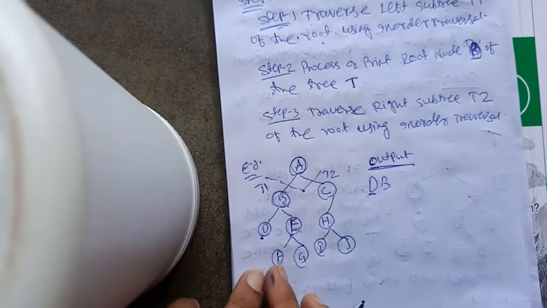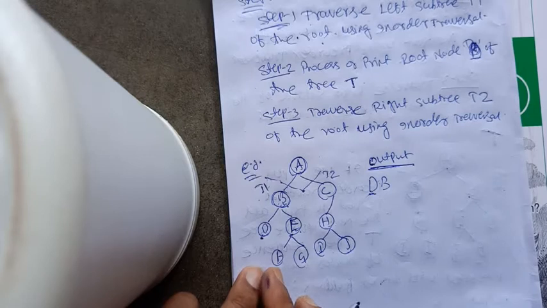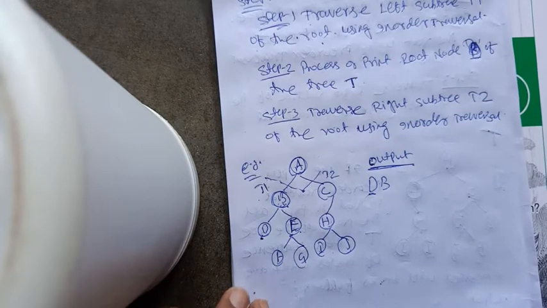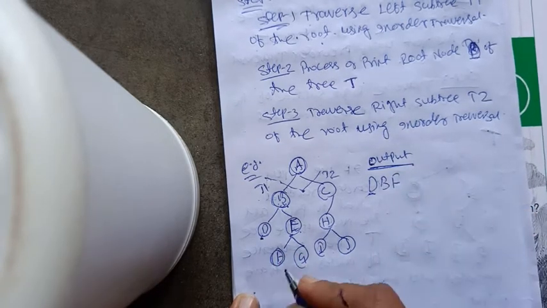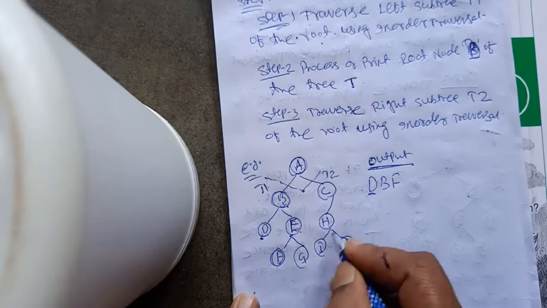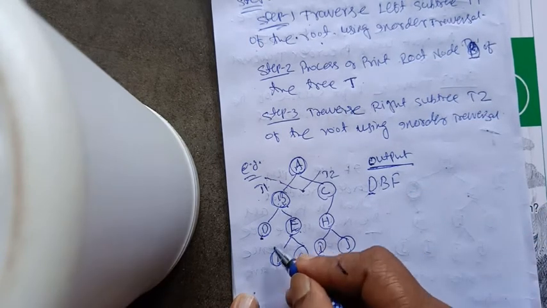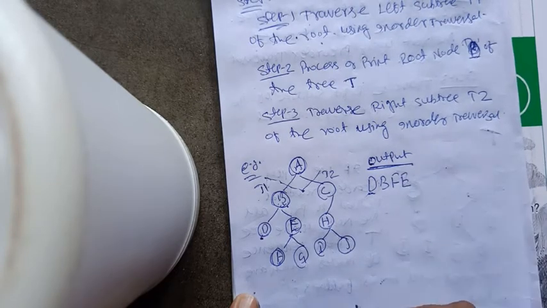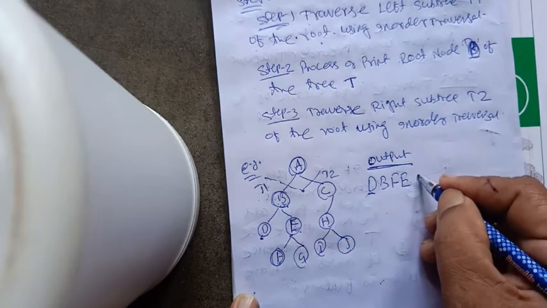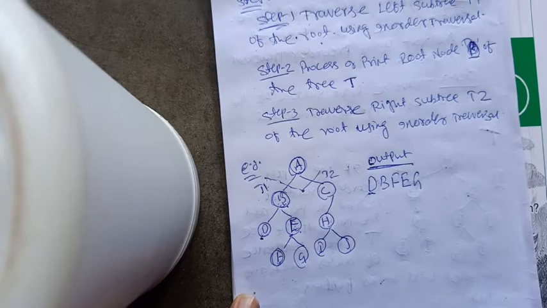So left of the root is F, and then instead of processing root, we shall move to its left. Now its left is empty. So now this root F will be processed. Now right is empty. So F is gone. Now we will go back to E, which is root. So E will be processed right now. Then right of E is G. So G is processed. Okay.